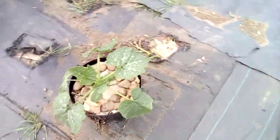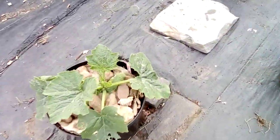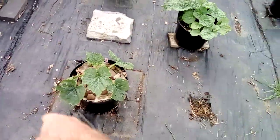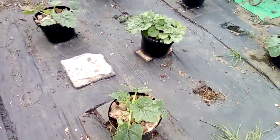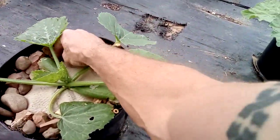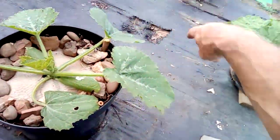All these courgettes, sorry, they're doing really well. I've got some little flower buds in there. I moved all the bricks around because there's like some snails and stuff hiding around them. I'll do like my slug and snail hunt. Just get rid of some of these little